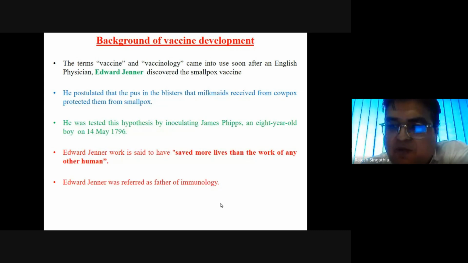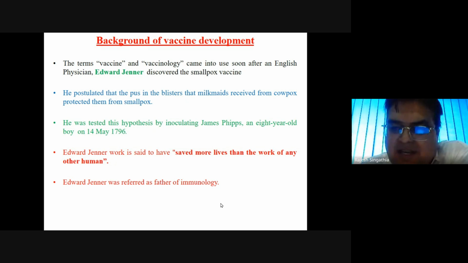Cowpox causes mild discomfort, itching, a few pustules, and some swelling, symptoms that disappear in a few days. In contrast, smallpox causes massive disfigurement, sometimes blindness, and often death. So Edward Jenner postulated that the pus in the blister that milkmaids received from cowpox protected them from smallpox, and he tested this hypothesis by inoculating cowpox material into James, an 8-year-old boy, on 14 May